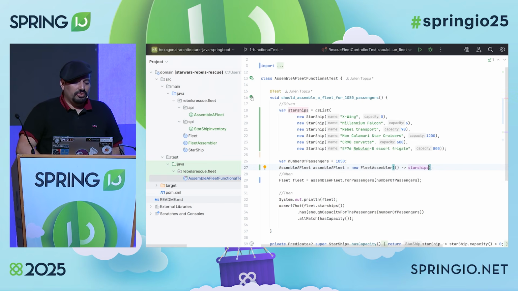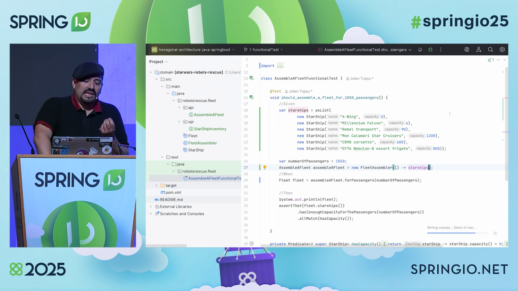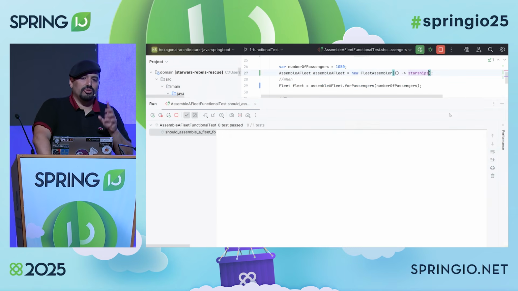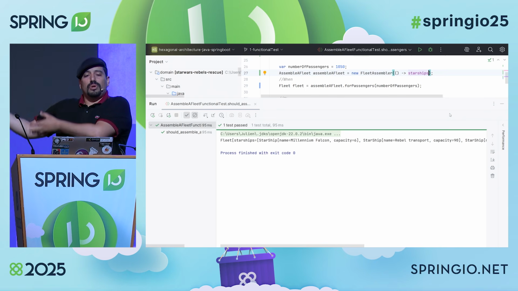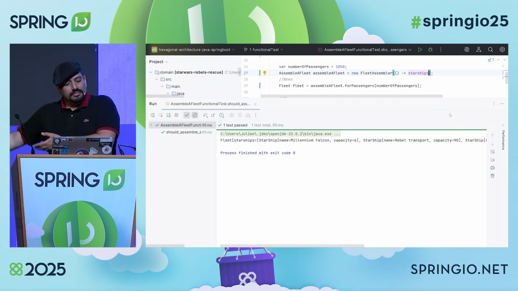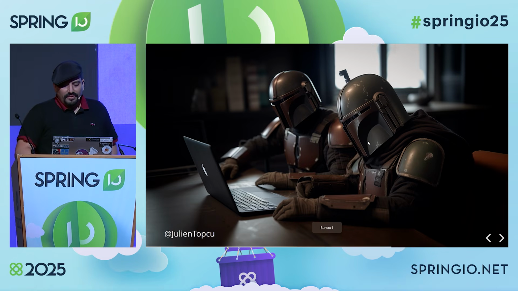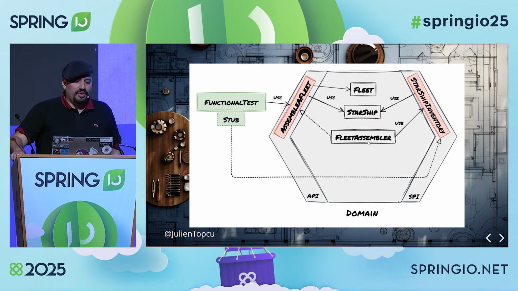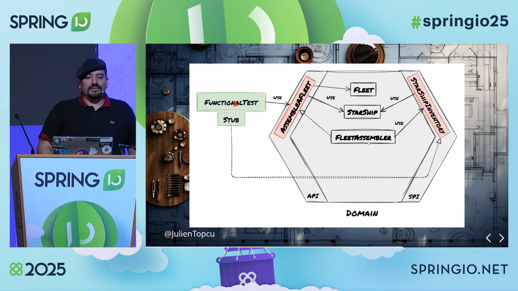Now I should be able to run the test. And even though this is fake data, we don't care, because the aim here is to test the business logic, not the real integration with the swappy client, something we'll do later. And as you can see here, this is working fine, right? The test is green.